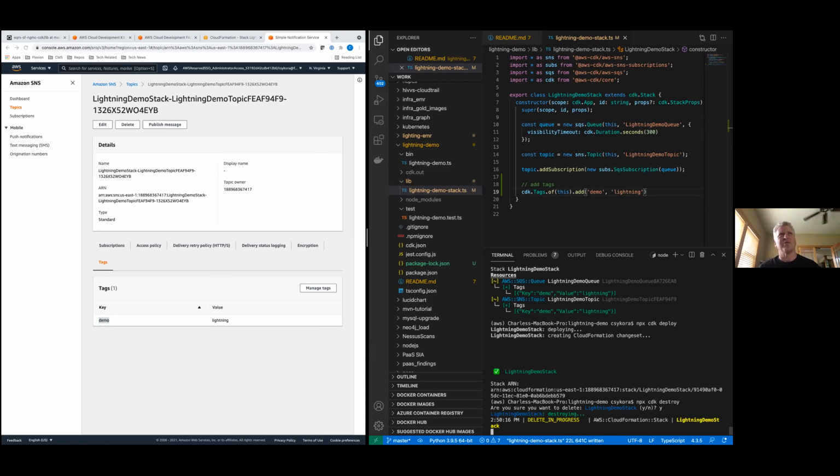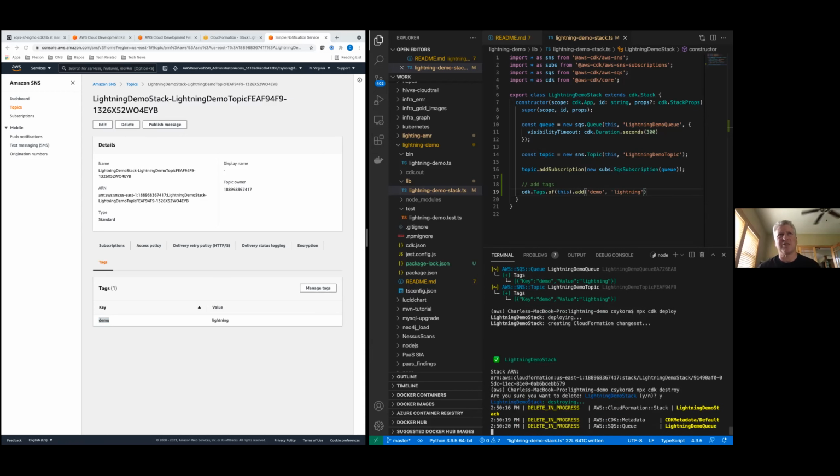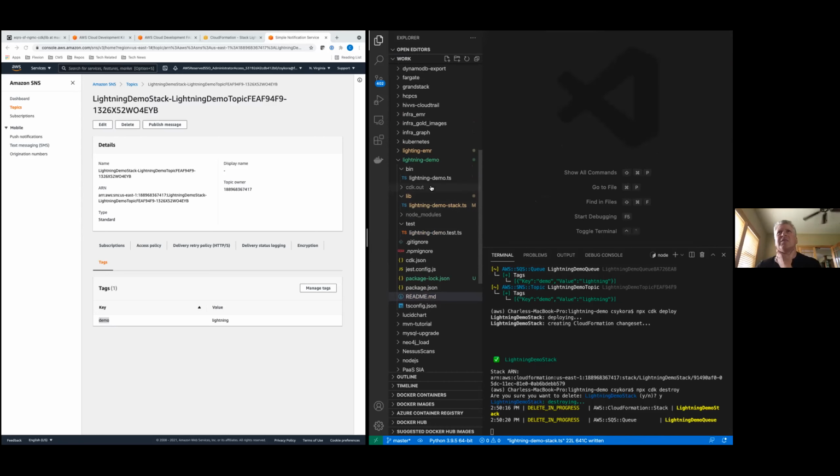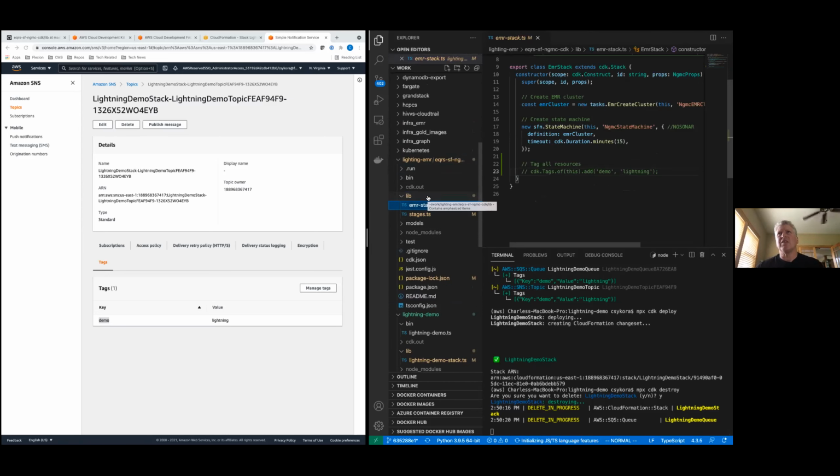But this will now go destroy my CloudFormation stack and just destroy all the resources that were created from that stack. But while that's happening, I'm going to take you into a different folder here that I already have set up. It's this Lightning EMR folder. So what this CDK stack does is it creates a step function which would launch an EMR cluster. And once this is done, I'm going to switch in there and I'm going to run that. We can look at the